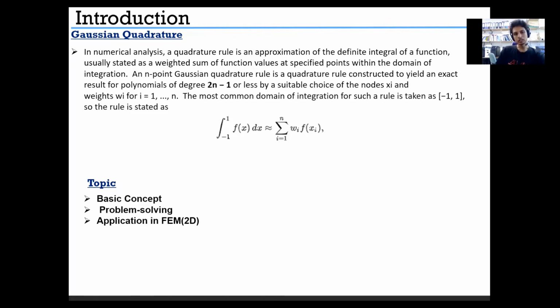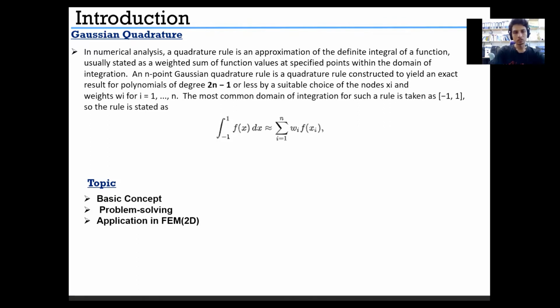Actually, in numerical analysis, the quadrature rule is an approximation of the definite integral of a function, usually stated as a weighted sum of function values at specific points within the domain